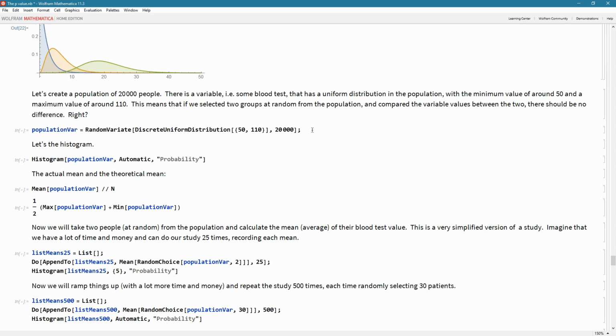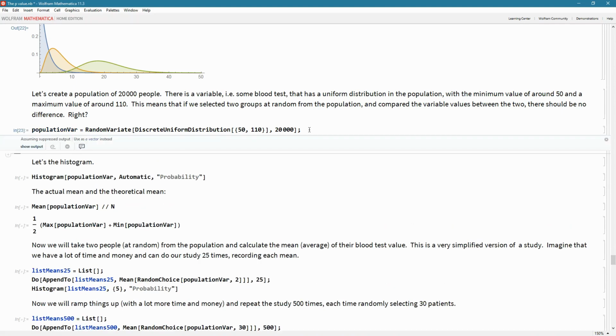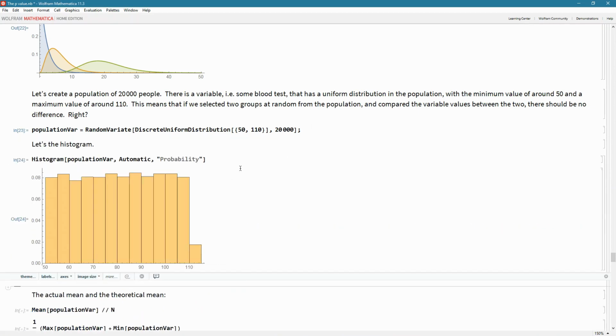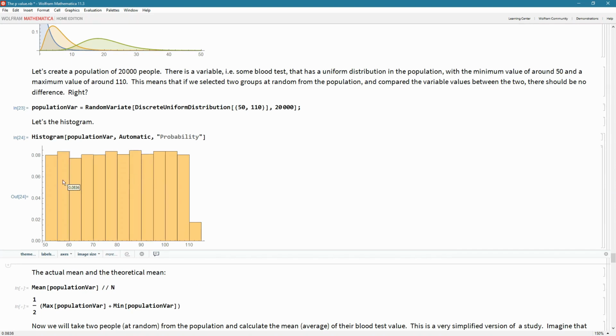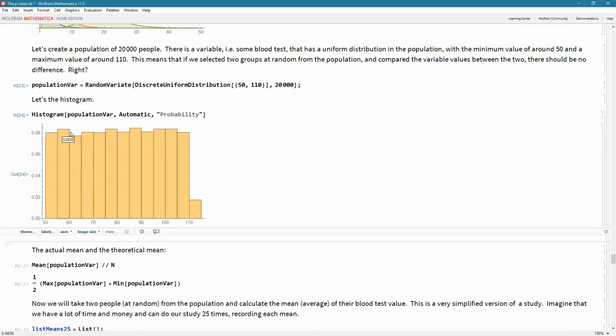Let's see. So here's my population. What I'm saying to the computer is take values between 50 and 110 and give me 20,000 of them, but every value has an equal likelihood of being chosen. Let's have a look at the histogram of that. And here you see the fact that it is uniform. So all the values, don't worry about this one over 110 here. It's just what happens when these graphs are generated. What I want you to appreciate is the fact that